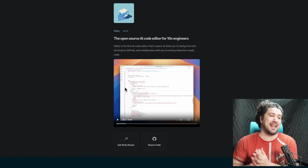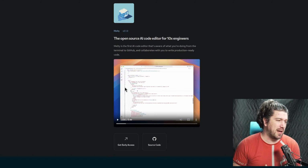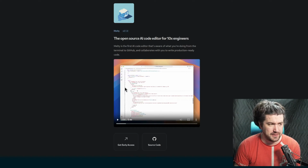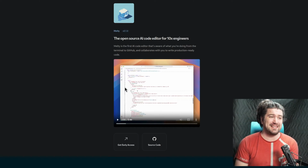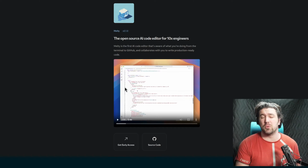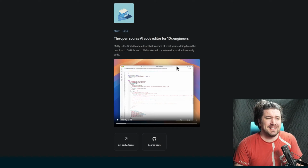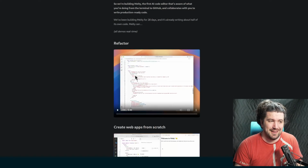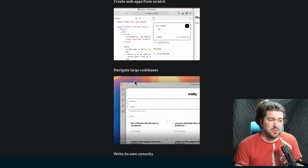Moving on, open source AI code editor for 10x engineers, Melty. Now, I know a lot of you guys know about Cursor already. I announced it at least once. Melty is the open source variant of that. Now, I have requested access. I don't know if I will get access because every single screenshot that I can see is in Crapple. Every single one. So I don't know